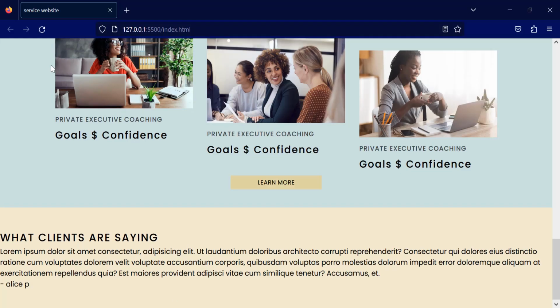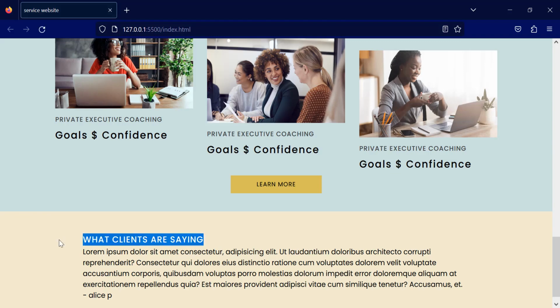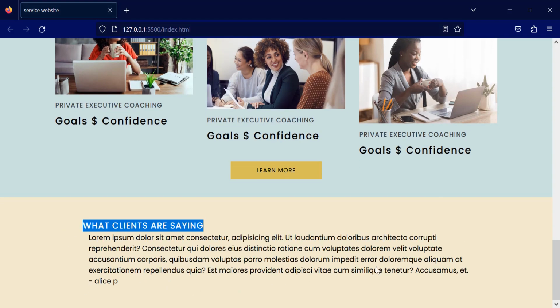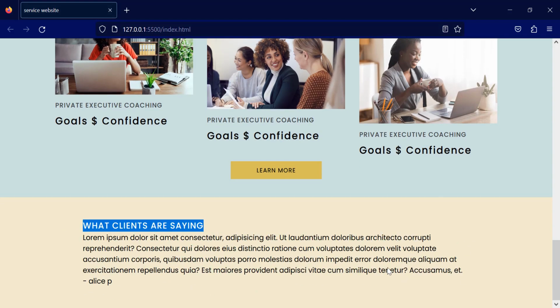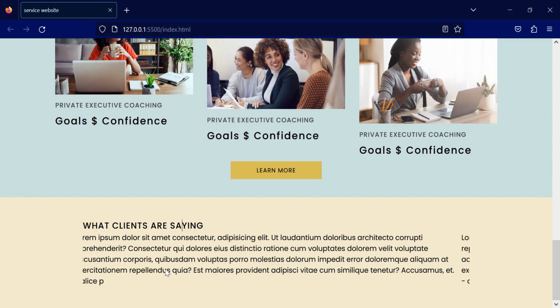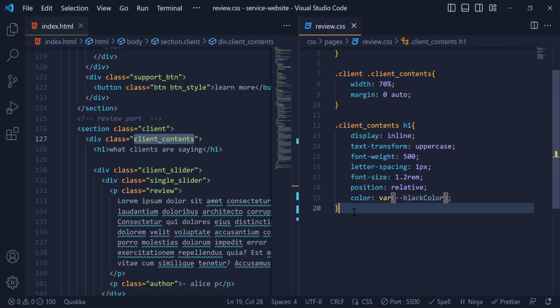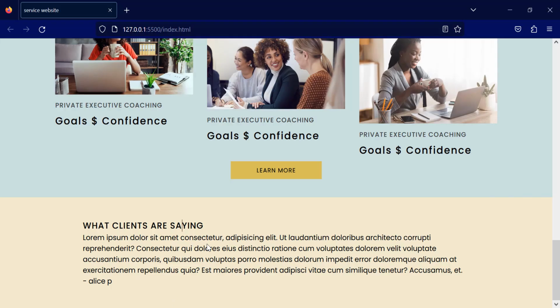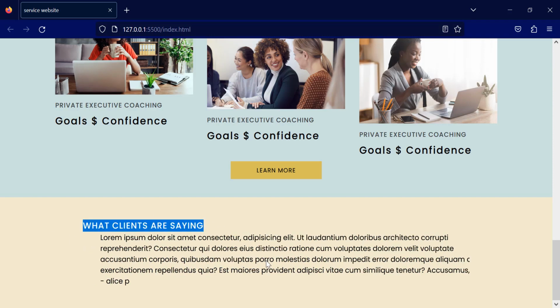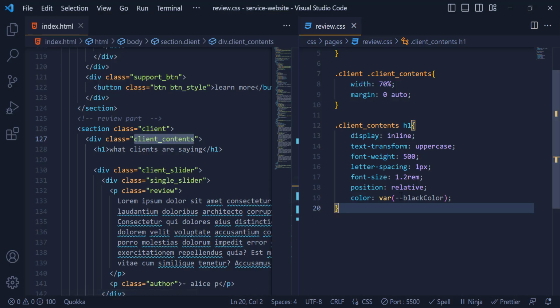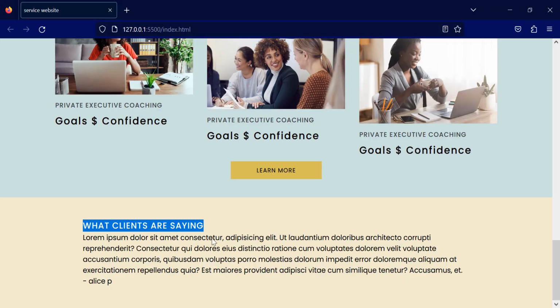Now let's check. You can see that we have added a weight to this one. Now you can see that we have added a weight. Okay, now you can see that we have a different text here and added a weight. Now let's move on. So for this heading 1 we need to have a little border down here, so I